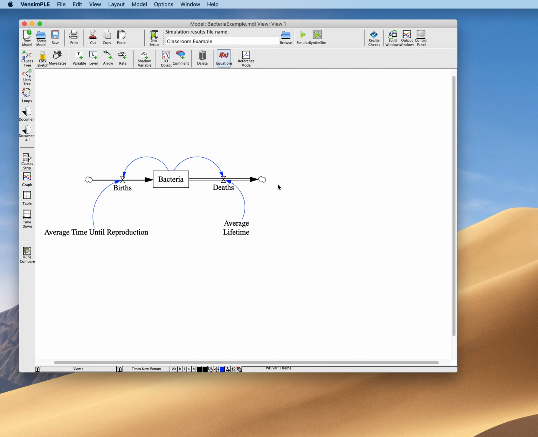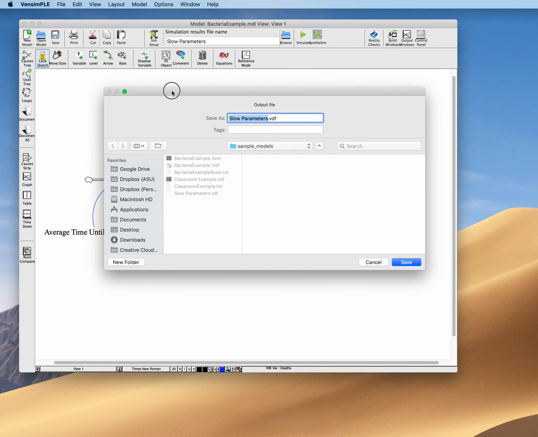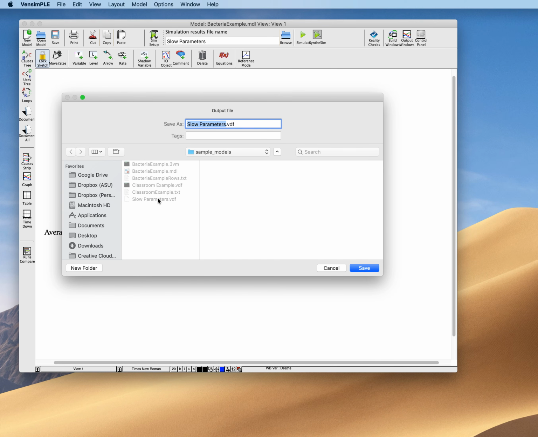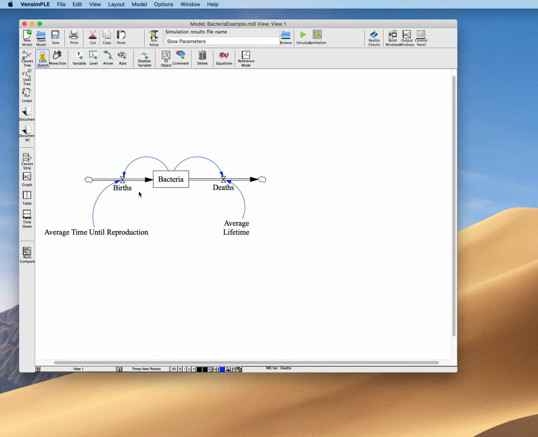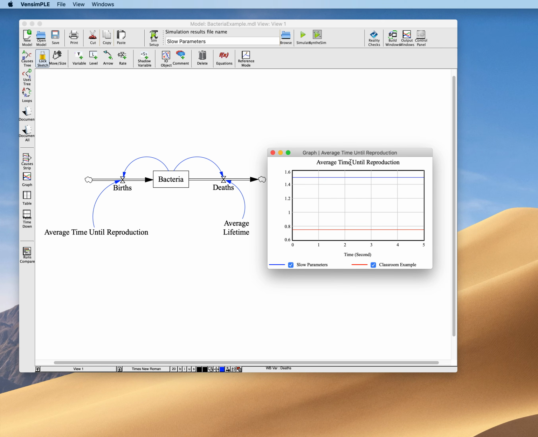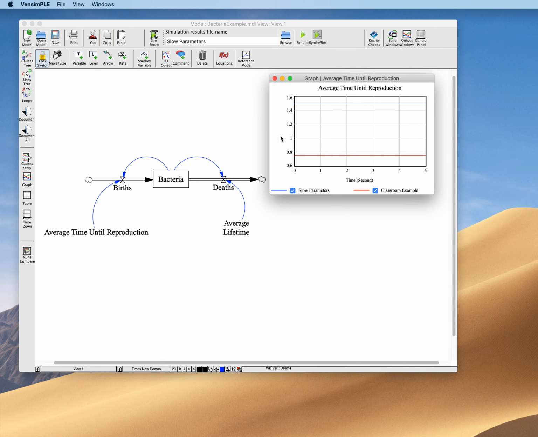Okay. And so before I simulate, I can go up here and change this classroom example to something called maybe slow parameters. And now if I click simulate, it doesn't ask me if I want to overwrite anything because it now generated a new file. So if I click on browse and look into that folder, then I see a slow parameters VDF file. And if I were now to hit graph,